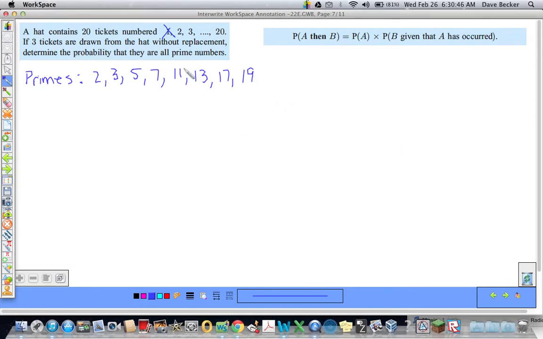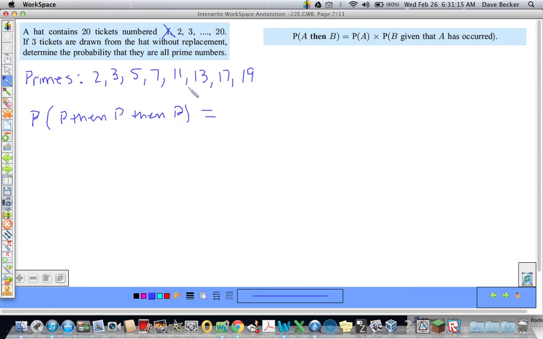Okay, so how many primes do I have in the first 20 numbers? 1, 2, 3, 4, 5, 6, 7, 8. Okay, so we're going to draw 3 tickets. So the probability of prime, then prime, then prime is equal to, so I have 3 events, and they are